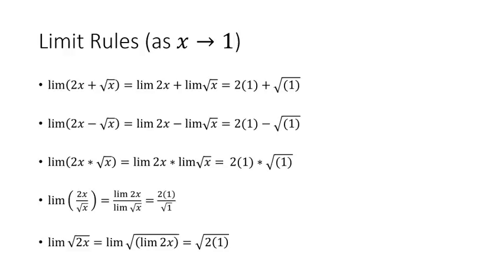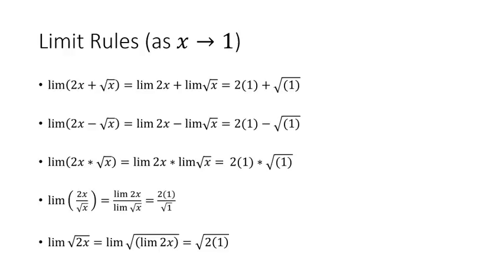Let's look at our last example. In this case, we have one function inside of another one, since 2x is under the square root. All we have to do is just work from inside to outside. So to find the limit of the inside, we're just going to plug in 1 for x. Then the result of that, we're going to plug in to the square root. That's called the substitution rule, and it's the trickiest of them all,